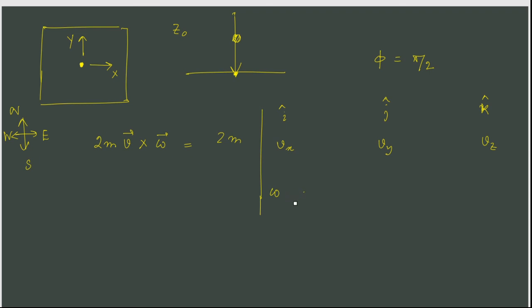No, omega cosine theta will be this component. So we'll take the omega out and only write the theta part in, and then we have omega sine theta cos phi, but phi being pi by 2, that would be 0. So this term is 0, and we will have sine theta sine phi. Sine phi is 1. So this is our Coriolis force, which would be twice m omega Vy cosine theta minus Vz sine theta. That would be along the x-axis, and then